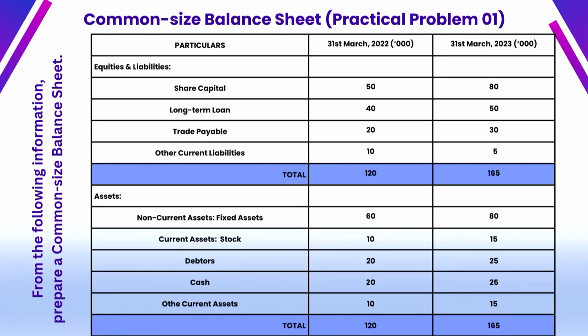This is a balance sheet of an organization on 2 dates, the 31st March 2022 and the 31st March 2023, showing the various items of the equities and liabilities like share capital, long-term loan, trade payables and other current liabilities. Assets are also there, showing fixed assets and current assets like stock, debtors, cash and other current assets. Now to go through this problem solving,